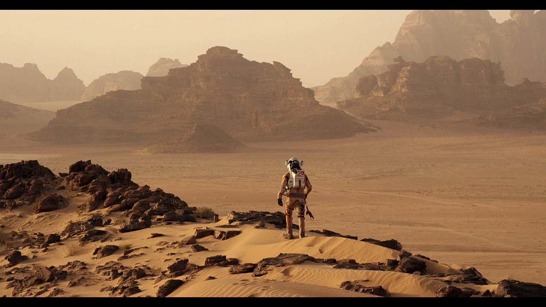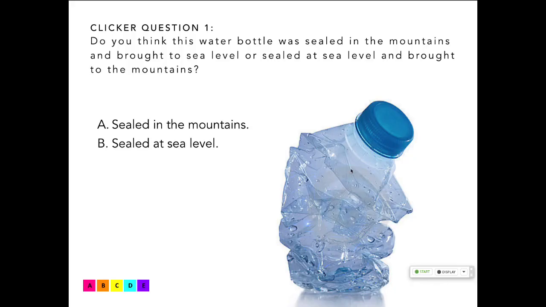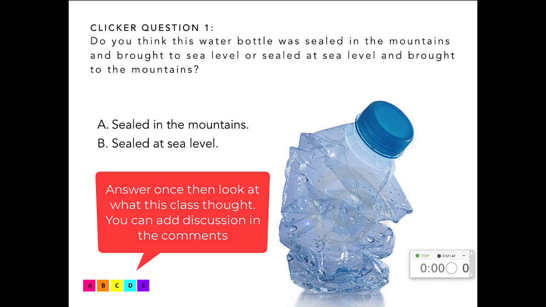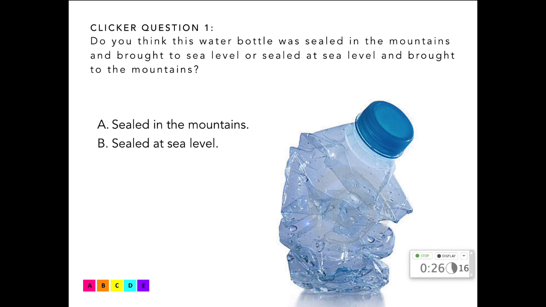But anyway, here's a clicker question. It's a fairly straightforward one, but we're going to start the process of how we actually use clicker questions. The way that we do clicker questions in this class is a two-part thing. The first time you answer the question without discussing it, you discuss it in your own head, just you and yourself, your inner voice, and whatever other voices are in there. Then we look at those results, and then you discuss with the people around you, and you try to decide if you're wrong or if they're wrong, and try to use really incendiary language when you tell them that they're wrong.